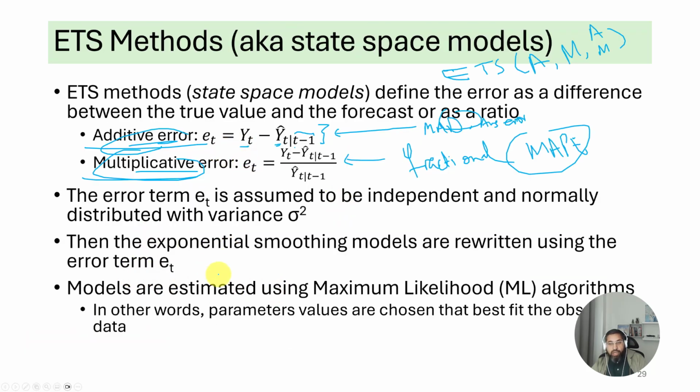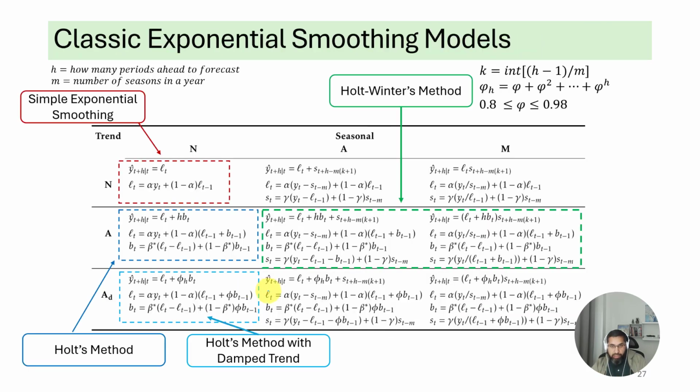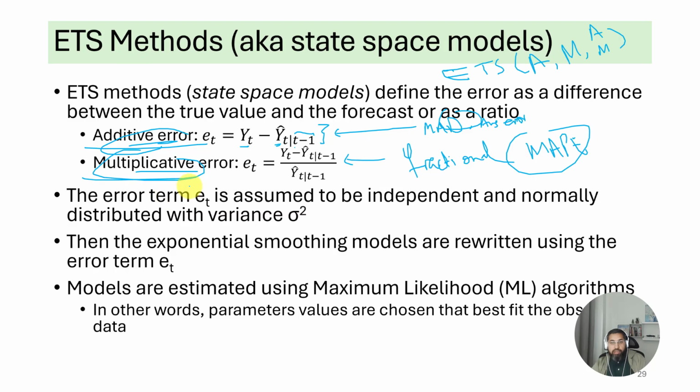Okay, then models are estimated using maximum likelihood algorithms, and these algorithms can choose the values of phi, all of these constants in these parameters like alpha, beta, gamma, and starting values. You need initialization values. For exponential smoothing, you kind of have to estimate them yourself, or the algorithm will estimate them using some rule of thumb. Here, you can use maximum likelihood algorithms to estimate the starting values and those parameter values to be the best, the optimal values. So that's an advantage as well.